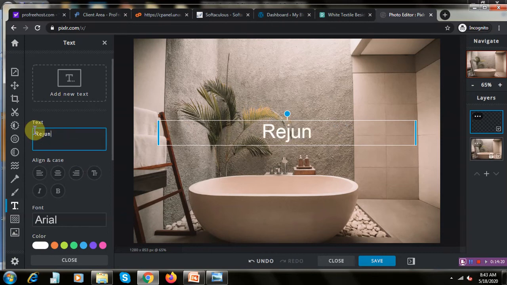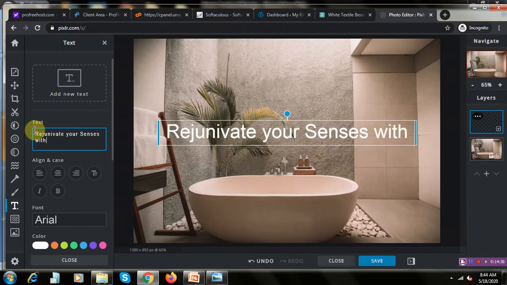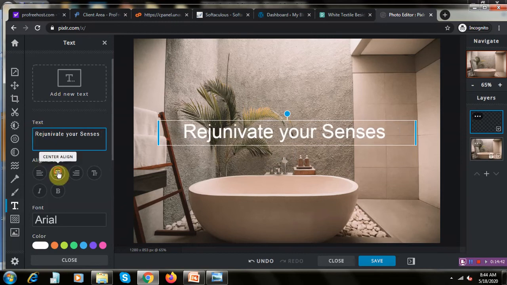I will type regenerate your senses with our qualitative regenerate senses, something which is, you can write it, or you can align this as well.